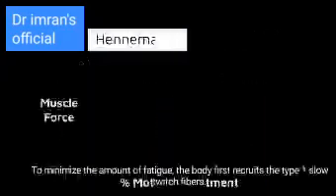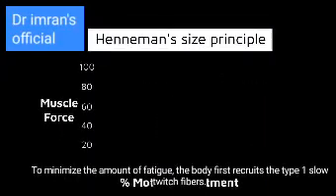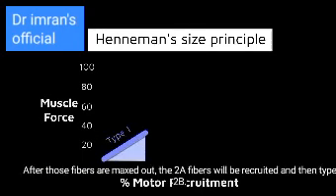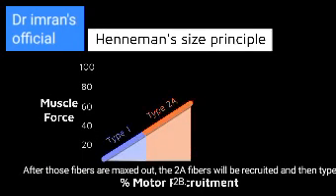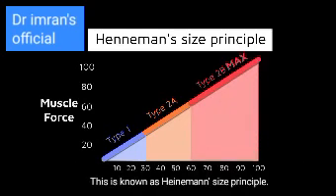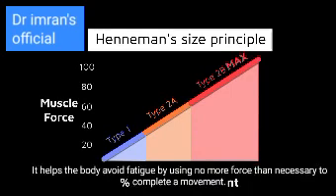To minimize the amount of fatigue, the body first recruits the type 1 slow-twitch fibers. After those fibers are maxed out, the 2A fibers will be recruited and then type 2B. This is known as Henneman's size principle. It helps the body avoid fatigue by using no more